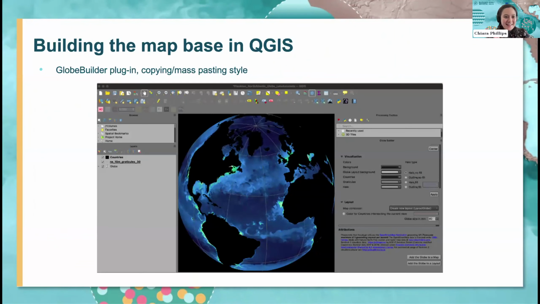So now I had the color palette, I had the time period, I knew what area I wanted to map, and I could actually start building this in QGIS. I knew that I wanted to use this Globe Builder plugin to quickly add graticule and land masses and quickly change the projection in the center of my map. But the on-the-fly projection didn't really work well with the global netCDF. And I knew that I also wanted to create a print layout for every time step in the netCDF. So I created a script in Python that extracted each time step in the netCDF